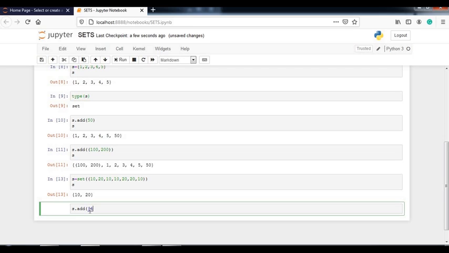Simply pass some values in brackets, 40 50, within the brackets. See what will happen when I try to do this.